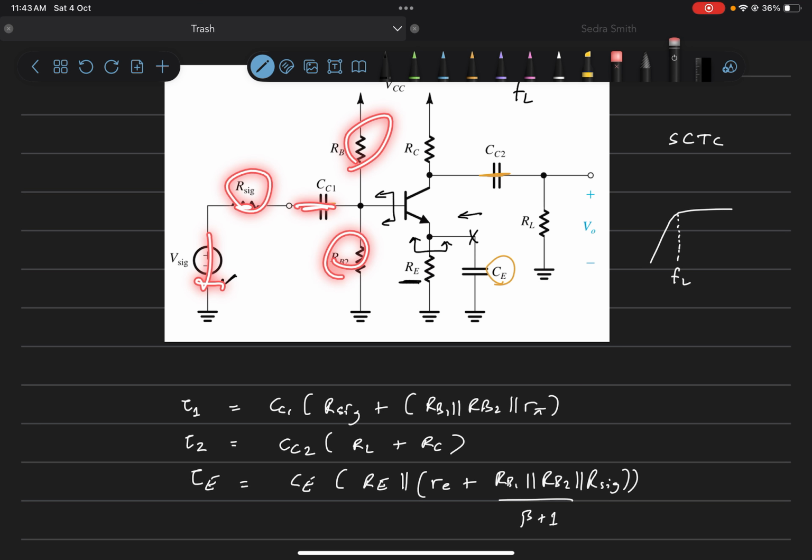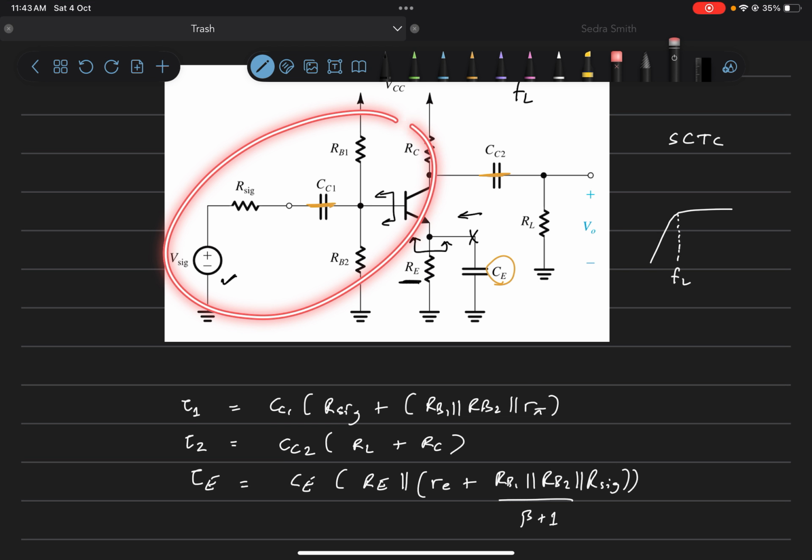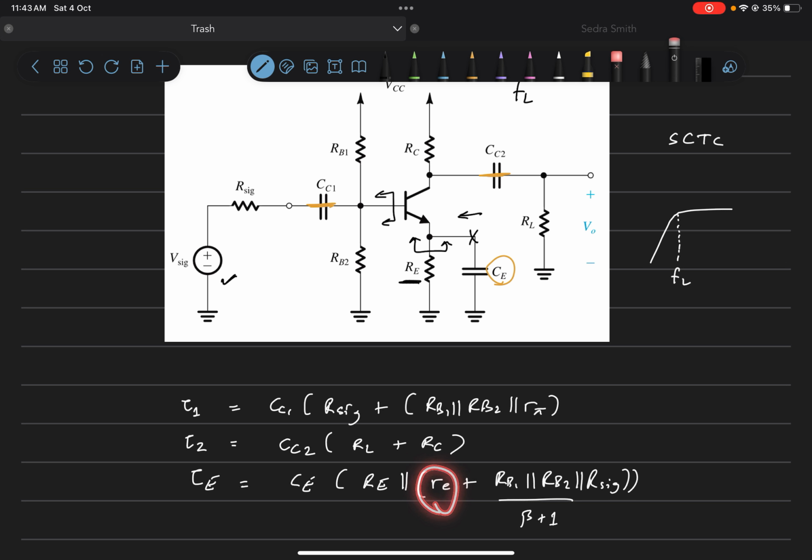with R sig. Since this is seen from base to ground, when we reflect it to the emitter, we'll divide it by beta plus 1. So the impedance looking here will be RE in parallel with small re, because we look from this side, and small re is added with all this impedance reflected at the emitter, so it will come in series with re, because re was already in series